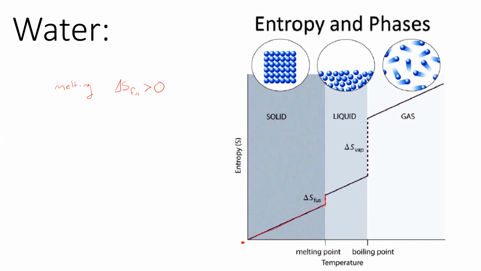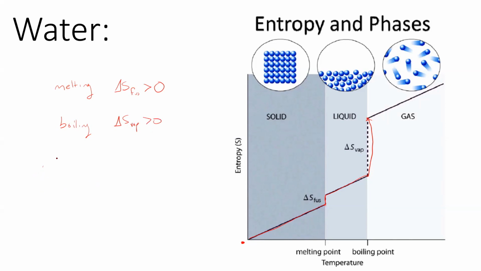Once it's all melted, as you add more energy, the entropy is going to increase until you go from the liquid to the gas phase. And when you go from the liquid to the gas phase, again, you're adding more entropy to that system because there's more energy to distribute. The particles are moving in more random directions, and they're now spaced out with respect to each other, probably taking up a greater volume. So if you think about boiling, the same idea holds, that the entropy of vaporization, of boiling, is going to be greater than 0,